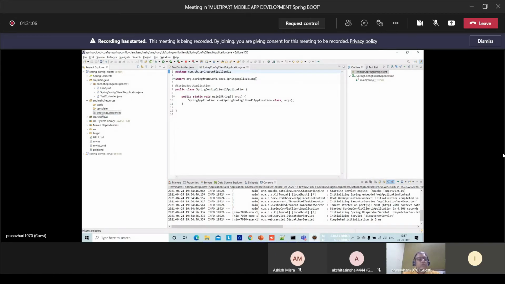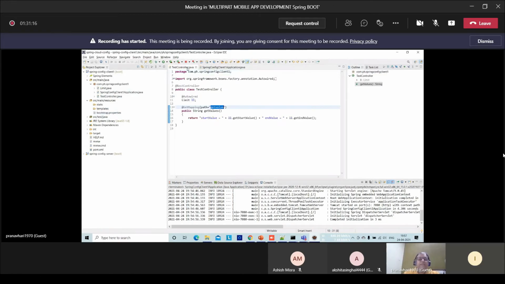That's all. So in order to get the values, it says that these are bootstrap properties. That means at the time when the server was started at port 8888, the client has to boot, that is, it has to get the data fetched by the server.